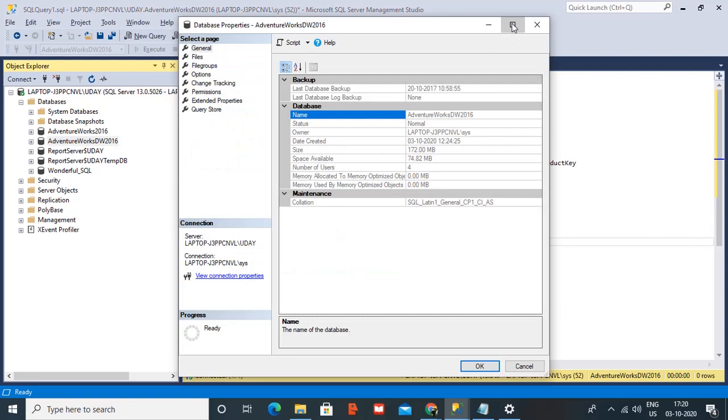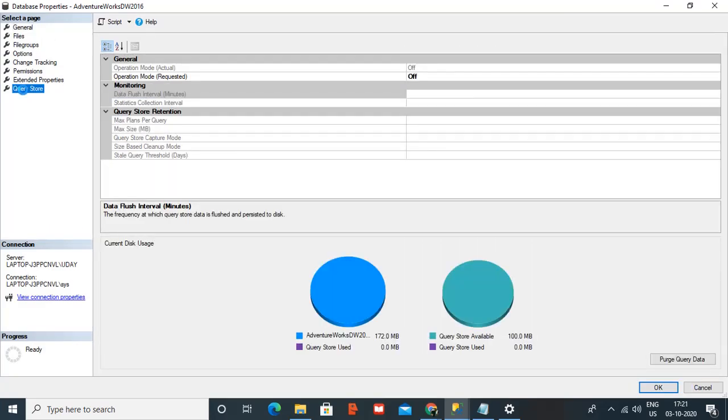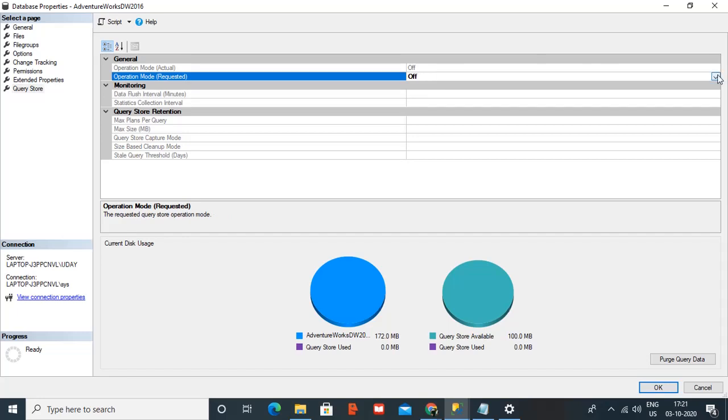A window will pop up, then you will see Query Store exactly under the extended properties option. The operation mode, which is by default off, we need to enable by just clicking on Read Write. And automatically all the faded fields get enabled for monitoring and query store retention.